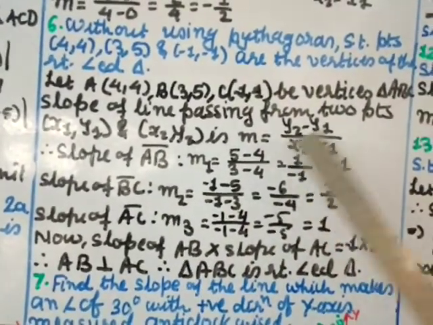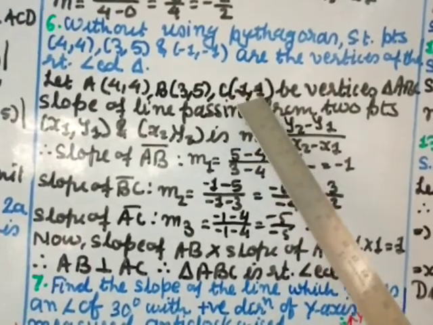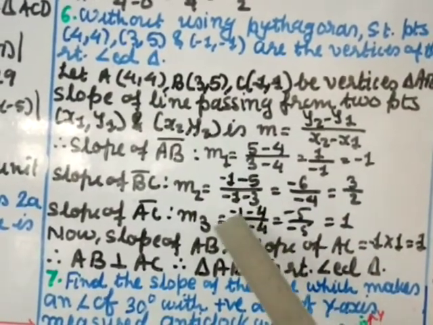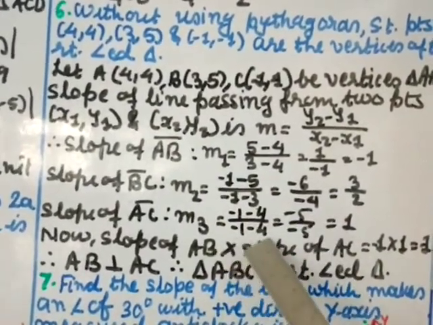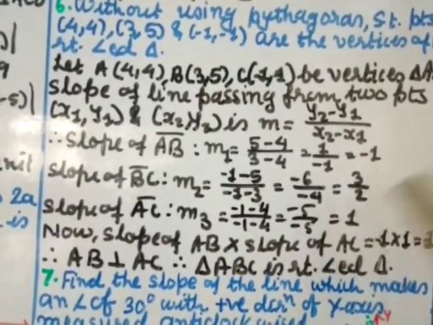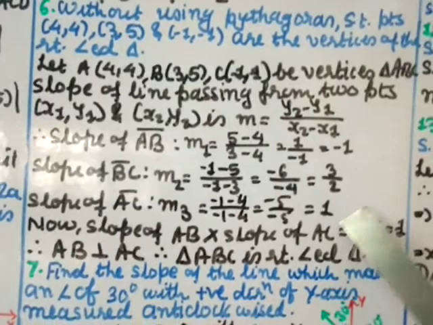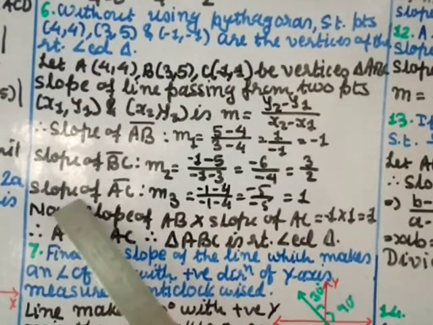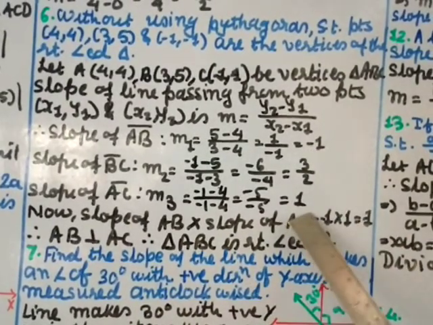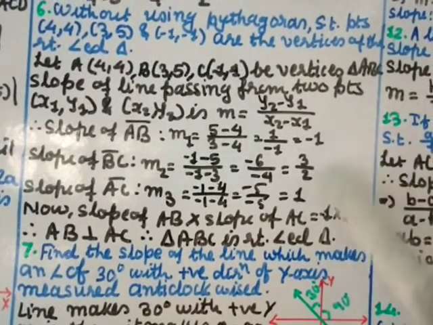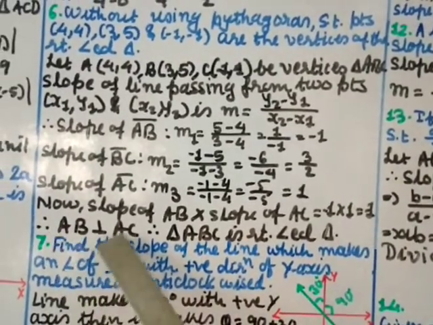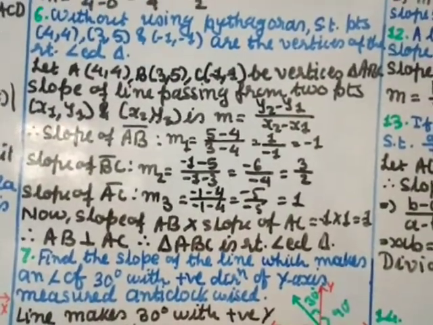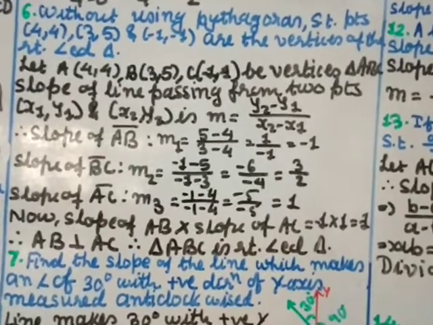Okay, so here y2 minus y1, so I'll take this one as y2, minus 1 minus 4. Okay, and x2 minus x1 is minus 1 minus 4. So here minus 1 minus 4 is minus 5, minus 1 minus 4 is minus 5, so this gives you 1. Now we can see that if I multiply minus 1 and 1, I get minus 1. Okay, so now slope of AB, that into slope of AC, that is minus 1 into 1 gives you minus 1. So these two lines are perpendicular to each other, therefore AB is perpendicular to AC, therefore triangle ABC is right angle triangle, because we know that if two lines are perpendicular, the product of the slope is minus 1.